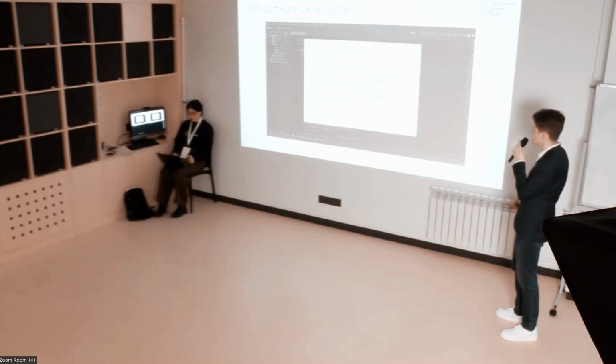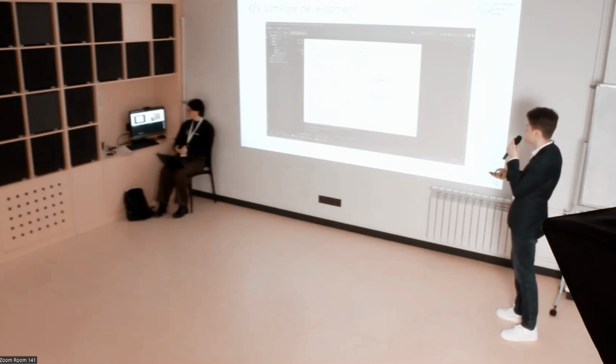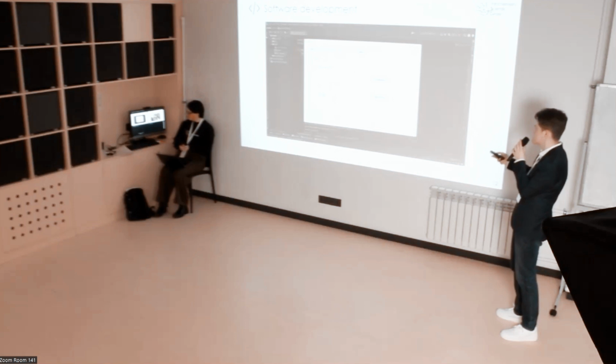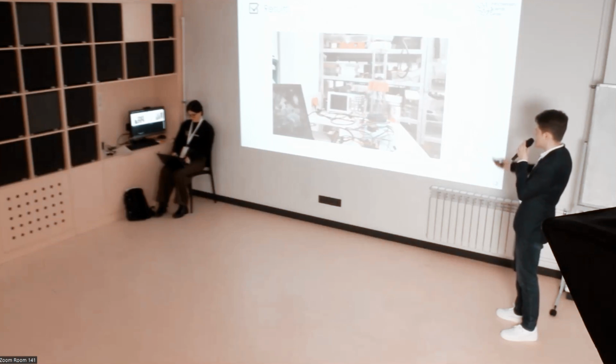Some words about software development. You can see the interface, with a button for each position in different solutions. And then in the next window, you can set the number of interruptions and the time of interruptions. As a result, you can see the working